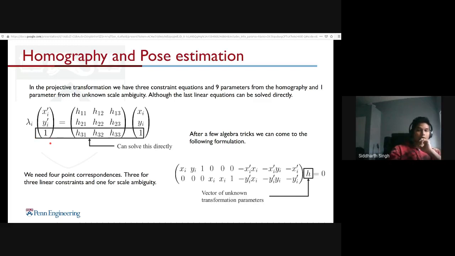Since this can be solved directly, we would need 4 point correspondences, 3 for the 3 linear constraints and 1 for the scale ambiguity. Can anyone tell me what are the 3 linear